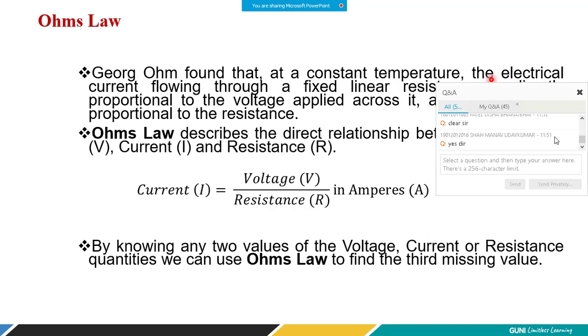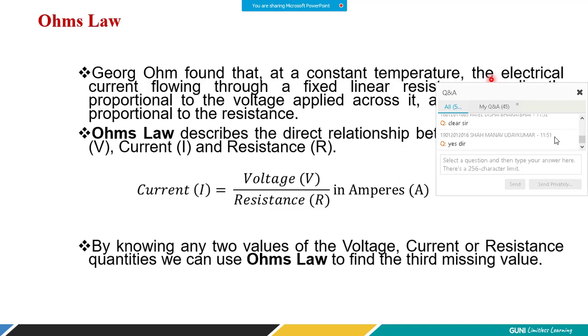Most of you have heard of Ohm's law, right? So let's say, what is Ohm's law? It's basically V is equal to IR. V is equal to IR. We Gujaratis, you know, don't use W much, don't use I, we say V. So that's what we say, you know, V is equal to IR. Yes or no? V is equal to IR. Voltage is equal to current into the resistance.